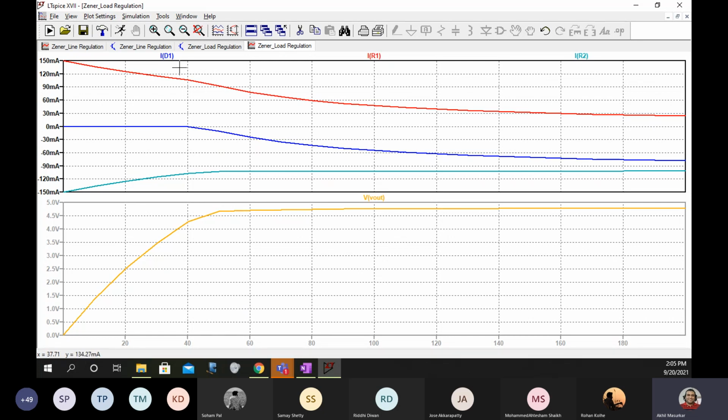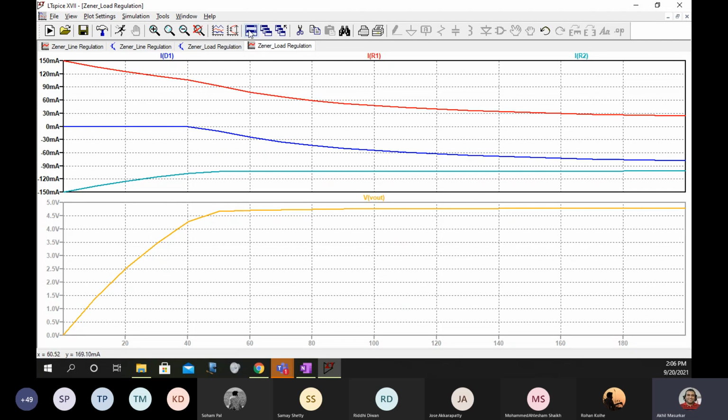You can see that the diode current is compensating for that fall. So the diode current is also falling, to keep the voltage across the load constant. This is what is actually happening, and it is very much visible from the graph.